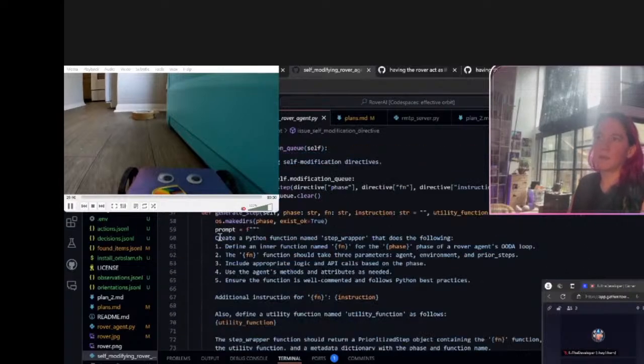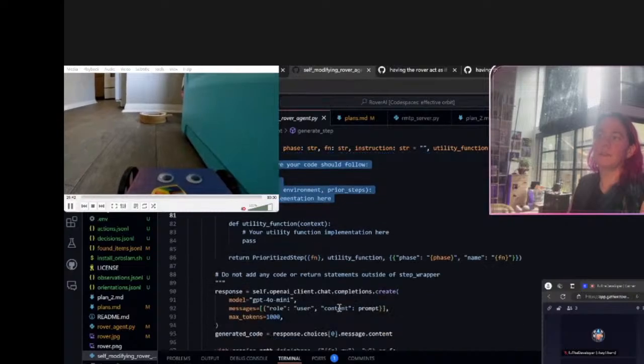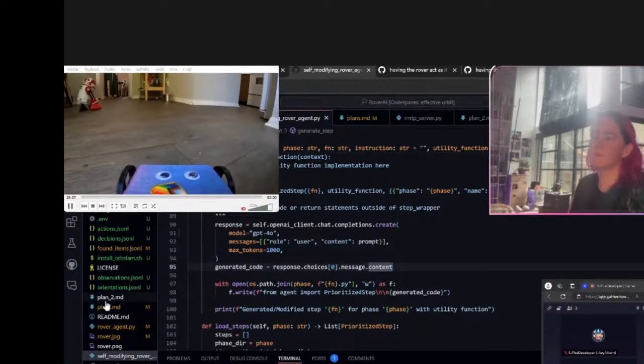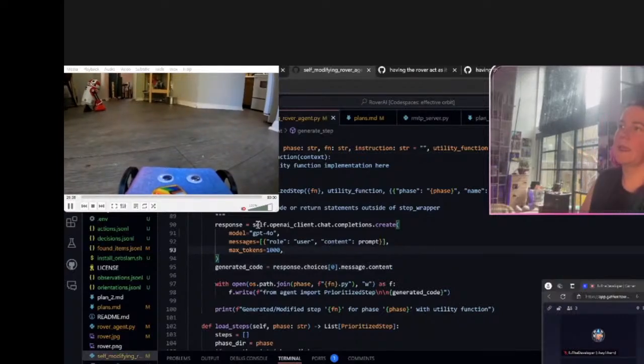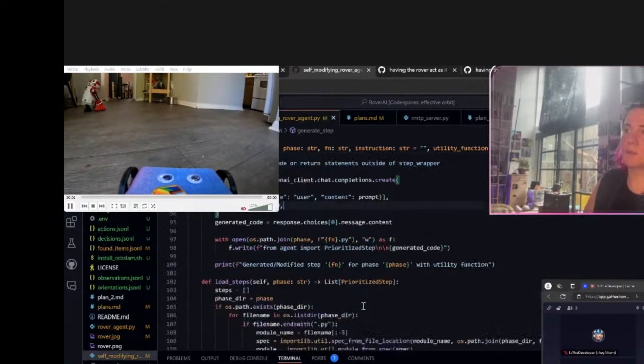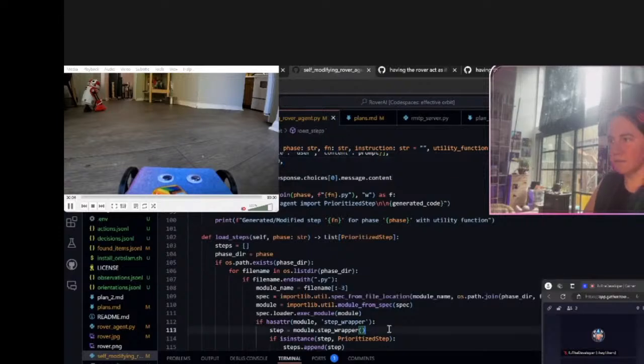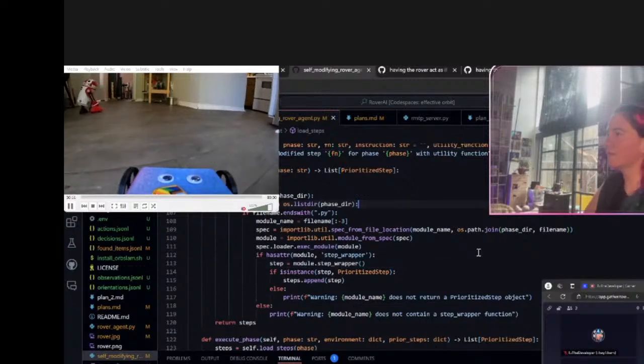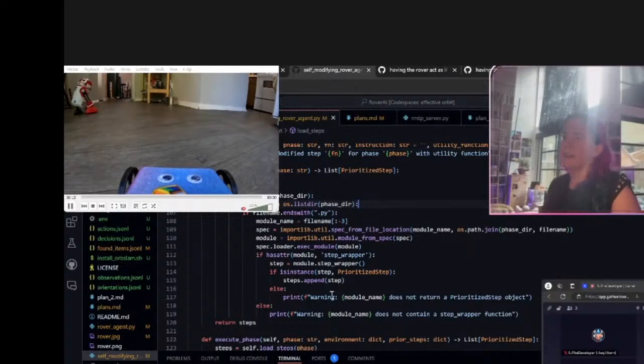All it really does is prompt ChatGPT to write what's known as a step wrapper with a utility function, right? And it can do that. It's very good at that. It handles it just fine. You might want to use 4.0 instead of 4.0 mini. I was trying it with mini, but you can do it with 4.0. Anyway, it writes code quite well. Now, it might write some code that doesn't run, so I probably need to write a try catch in here. I haven't gotten it going.